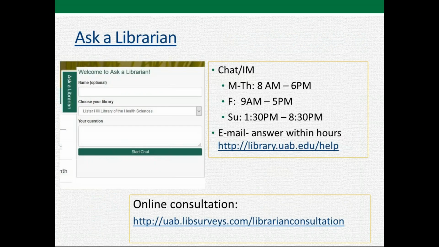And we also have an Ask a Librarian service. You can get to us through chat. This is our chat window that pops open if you click on the little Ask a Librarian tab. And you can email us questions, you can call us, of course, and you can schedule individual consultations. So if you are working on a particular project, we're glad to sit down with you one-on-one and go through your topic and come up with good resources to check and strategies to use for your particular area of concern.